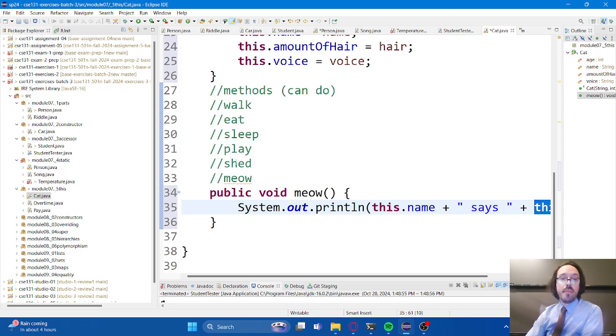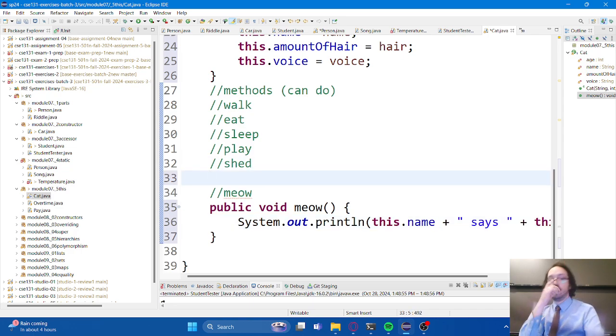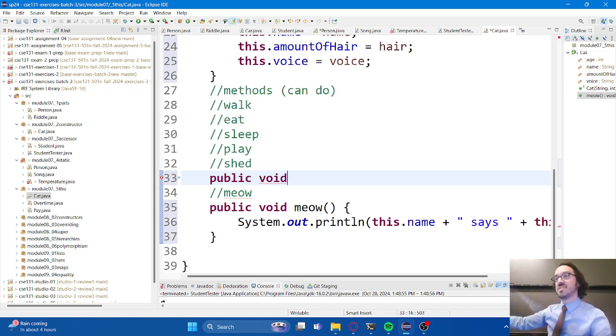Let's do one more method. I'm going to do this one. I kind of had this one in mind, actually. Shedding. All right. I think there's a few different ways we could go with the return type here. I think void is probably fine. Sometimes I get suggested that maybe it should return an int. How much did they shed? I don't know. I think void is probably fine here, but if you want to code it up as an int, please don't let me stop you.